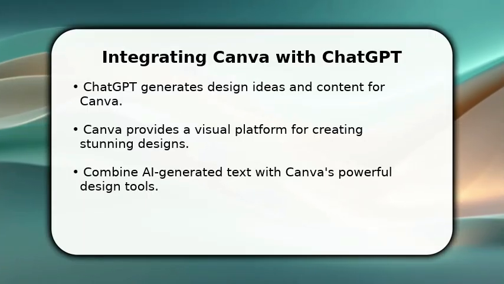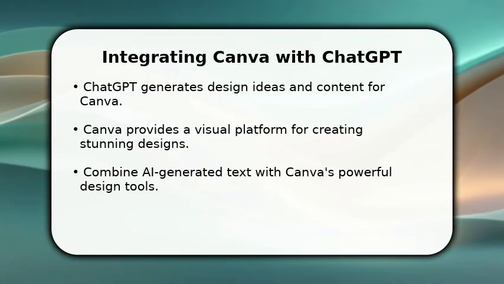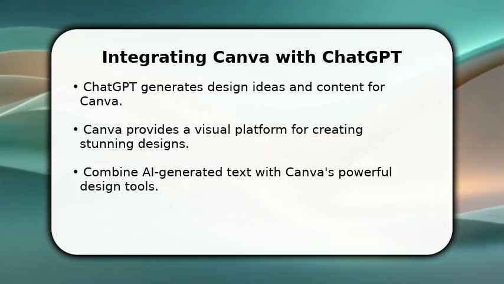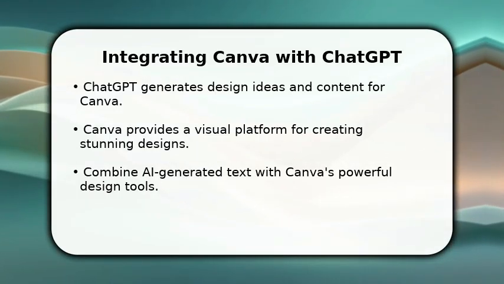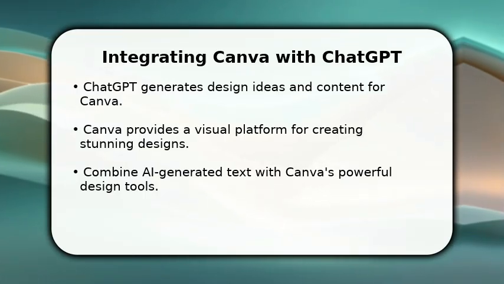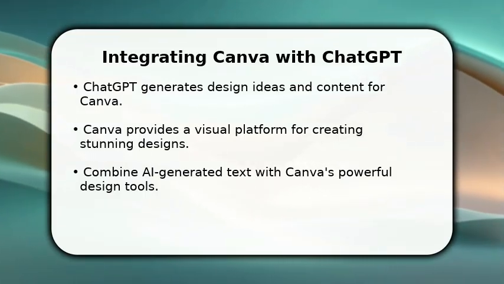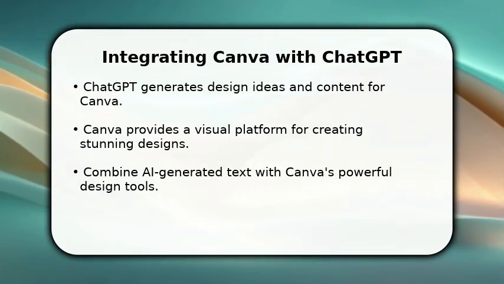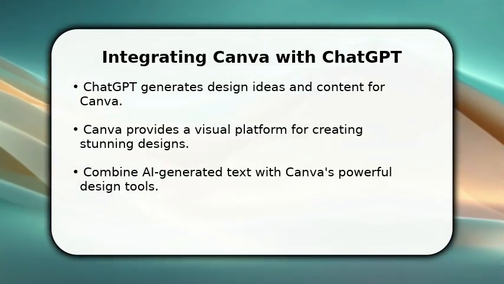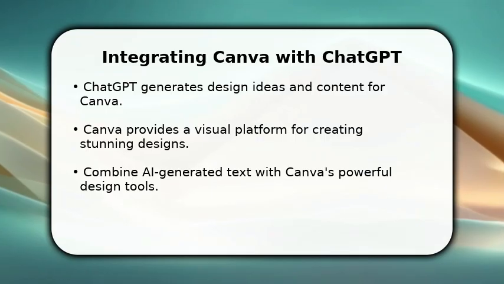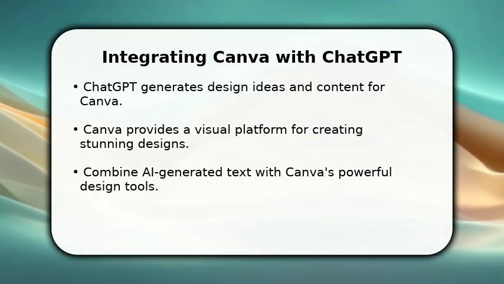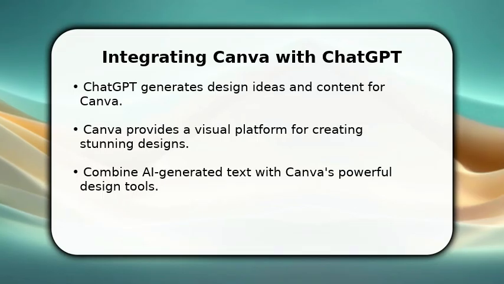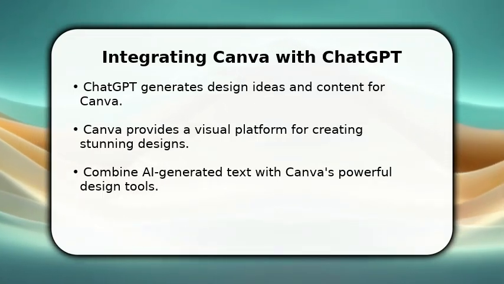In this video, I will explain how to use Canva in ChatGPT. This powerful combination allows you to leverage artificial intelligence for creative design. ChatGPT can quickly generate compelling text and ideas, while Canva transforms those concepts into visually appealing graphics. It's a fantastic way to boost your productivity and create professional-looking content with ease, saving you valuable time and effort